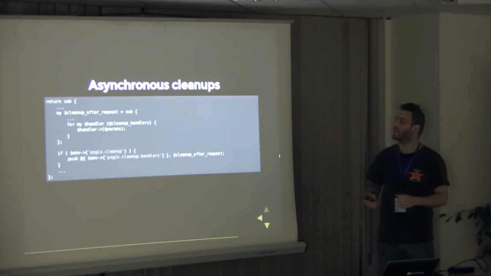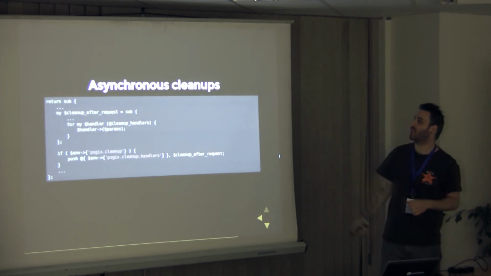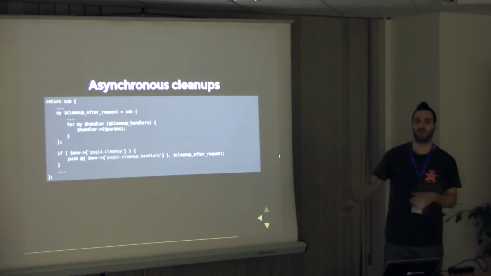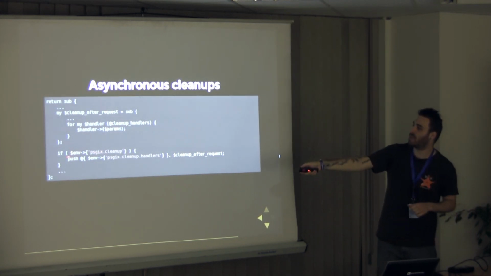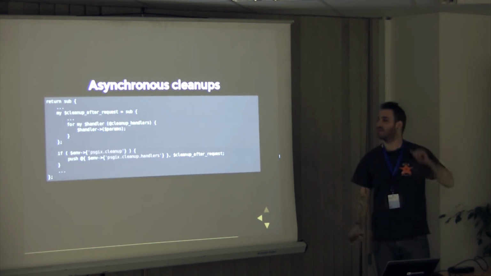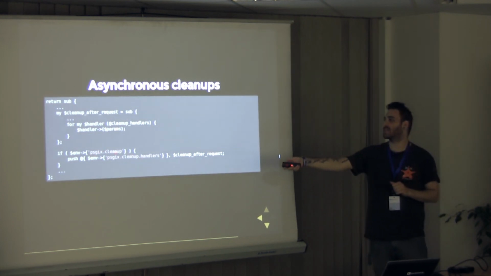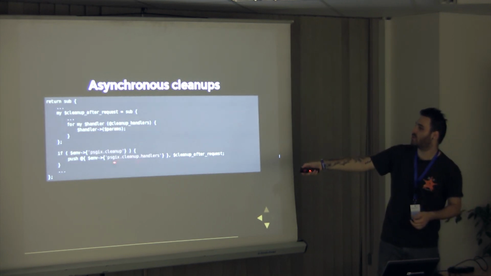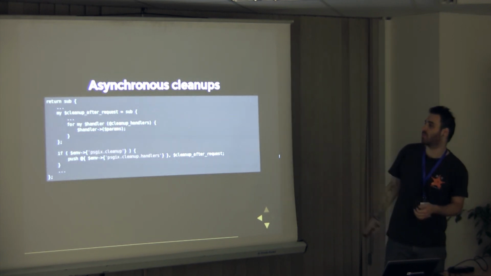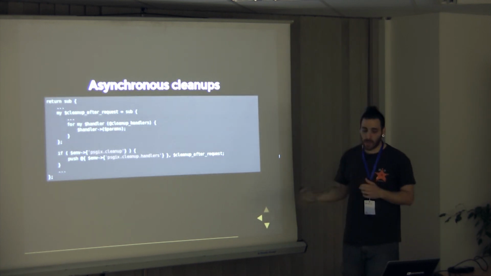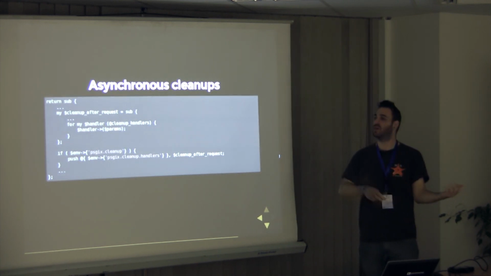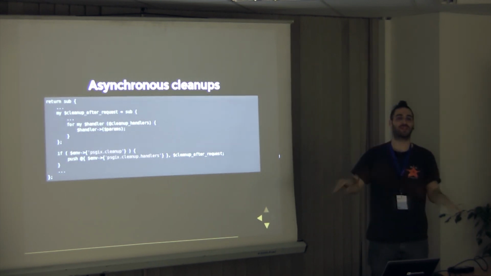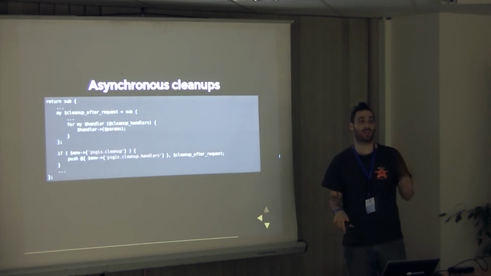This is how it looks like. When we return our application, we create this subroutine for different cleanups, different handlers, different stuff, and we set up in this environment hash a very special key called PSGI-X cleanup, which is an extension for cleaning up code. And we just add to cleanup handlers all these cleanups that we've had. And what happens is that once the user receives a response, the server will actually run these code references to clean up stuff asynchronously without bothering the user and without hanging up their request.